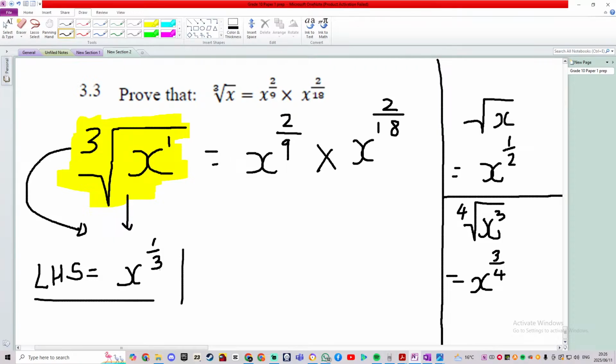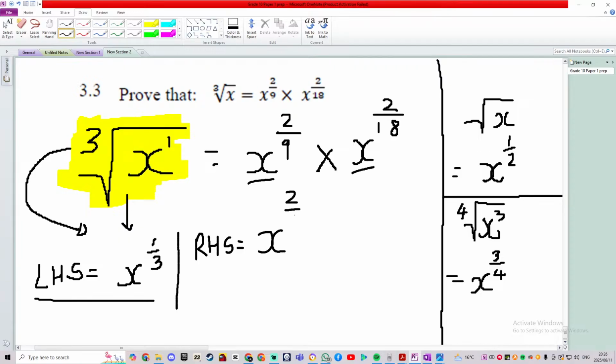Remember when you're proving something? When you're proving something, you're going to find the left hand side, you're going to find the right hand side, and you simplify both sides. So, my right hand side, this is the same base. We're multiplying. So, what do I do with the same base? If I multiply, I add the exponents. So, 2 over 9 plus 2 over 18. Do you see that? But I can simplify 2 over 18 to be 1 over 9. Yeah? Simplifying it. So now that I have 2 over 9 plus 1 over 9,